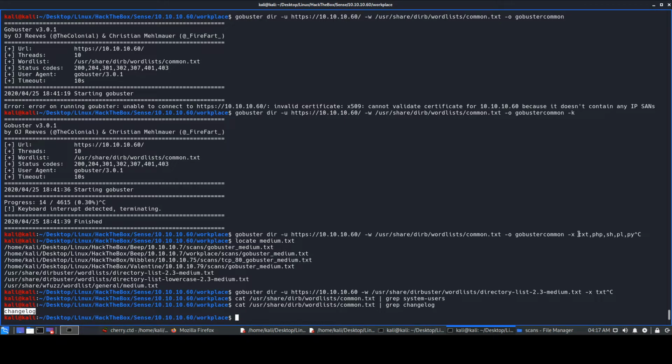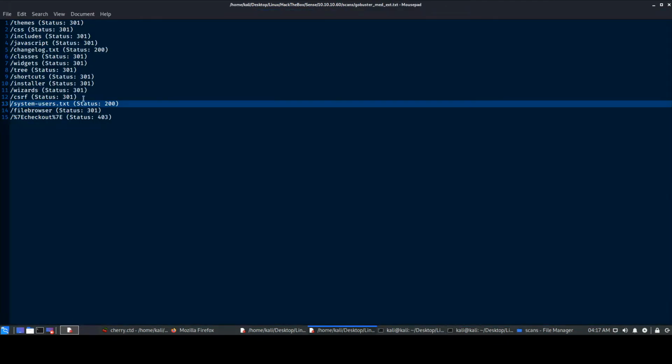And if you do a medium text with all those file extensions, because you'll probably not know which file exists, txt, php, you can do a wild guess that, since in the common text I found a changelog.txt, the other useful files would probably be txt itself, but that still takes around 2 hours to scan. Okay, so what I will do is now we have that particular